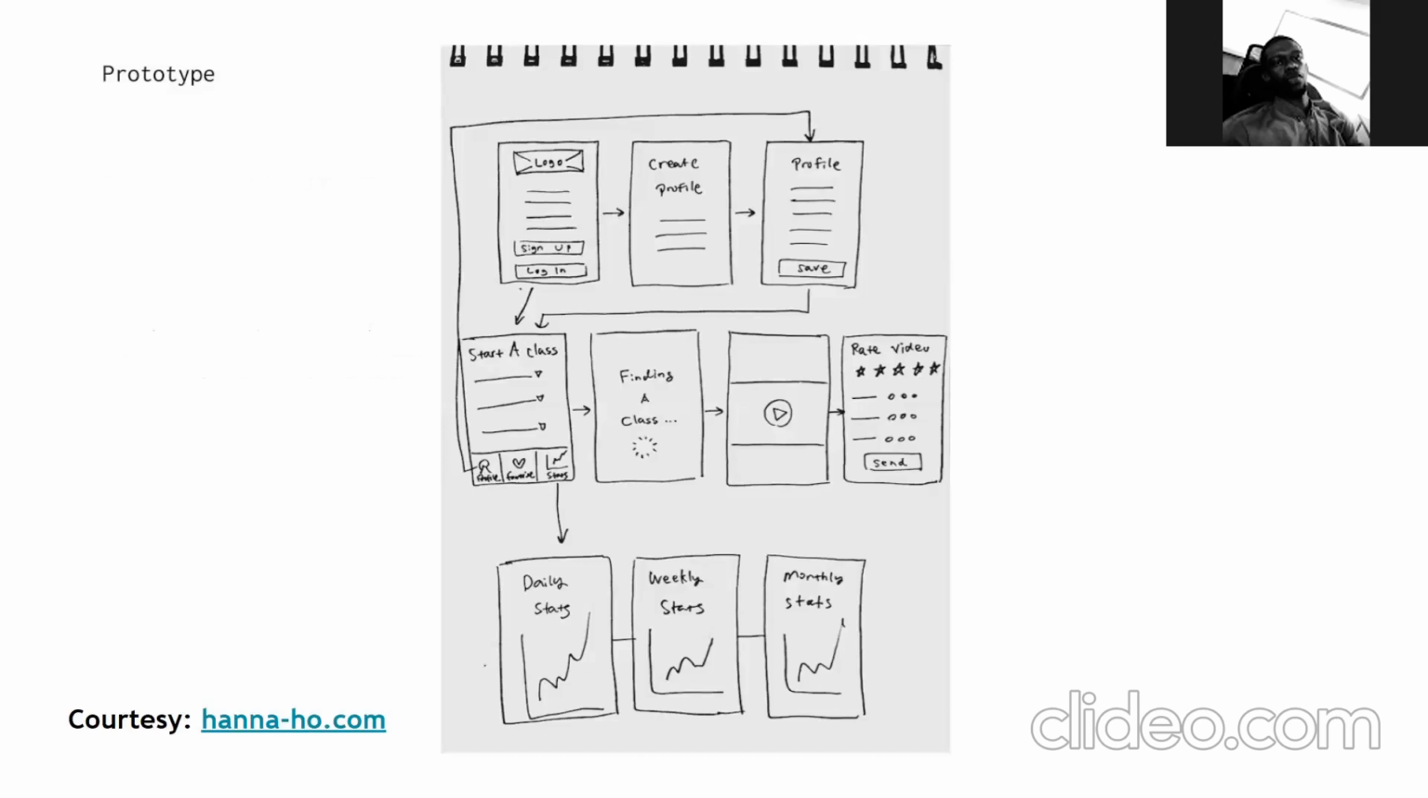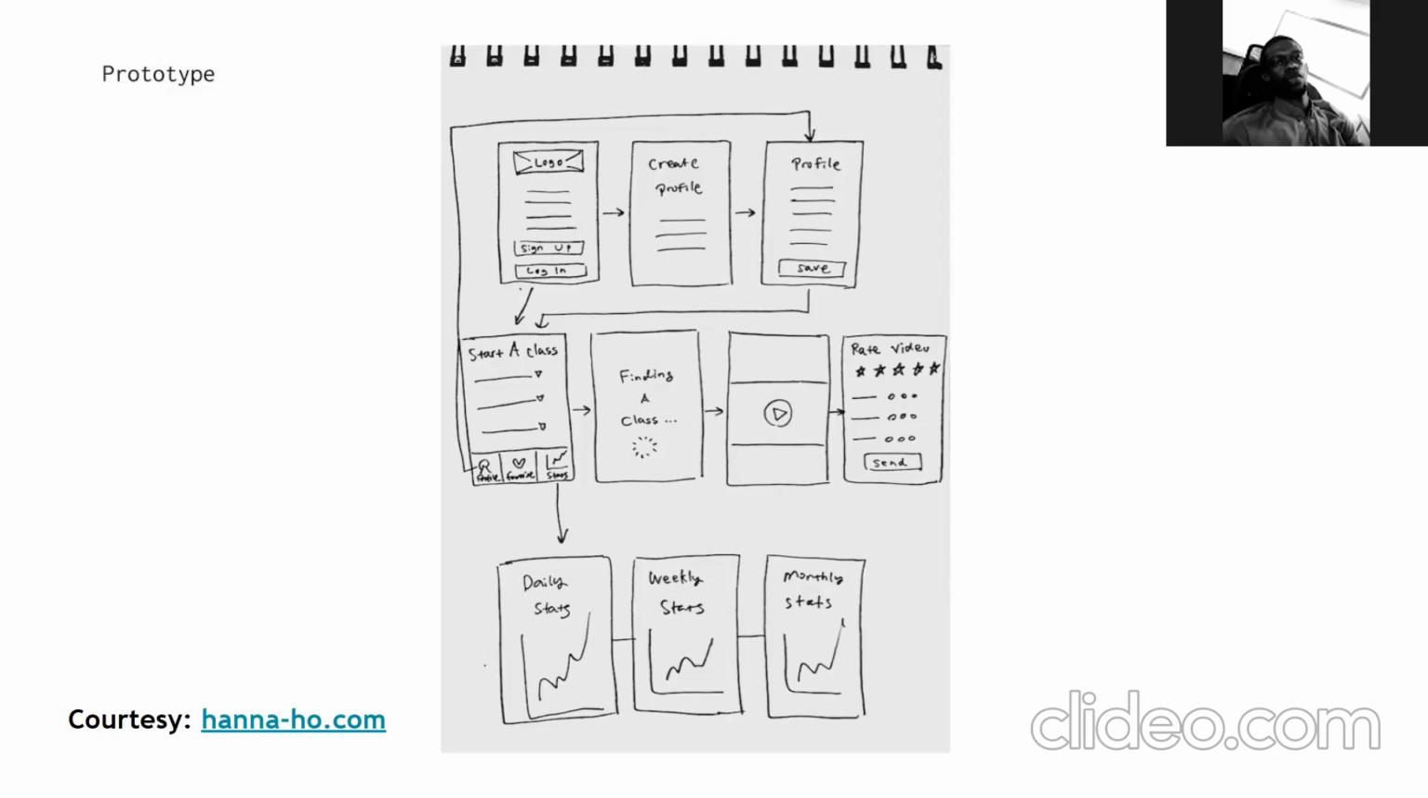It gives you an idea of the steps your user will take from signing up to creating a profile, and then from the profile, what does it say here? Okay, it says start a class. Okay, so for your donation platform, it could be once they sign up, they create a profile, and then from